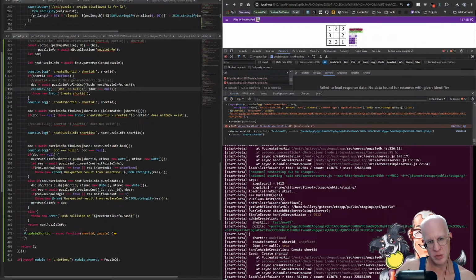We actually don't want to do any of these other things then. Let me think. We want to short circuit a bunch of this stuff, actually. So if short ID is undefined, we want to jump to the